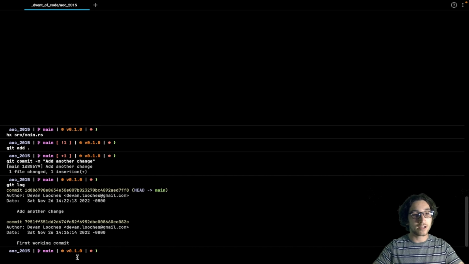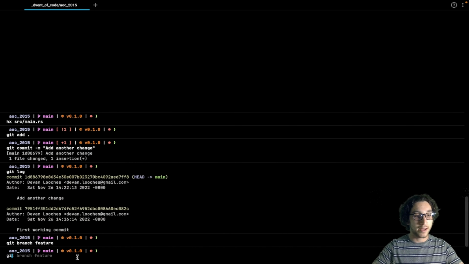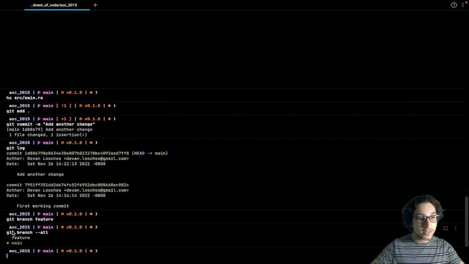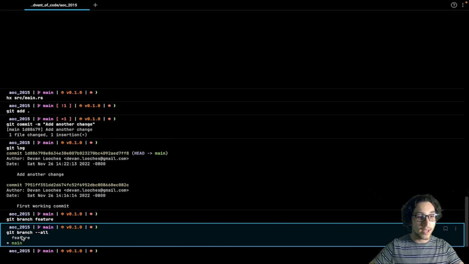So we can add a branch by saying git branch feature. And now if we run git branch --all, we can see that we have a main branch, which is the default branch, and that's the one we're on, hence the star there. And we have a branch called feature.